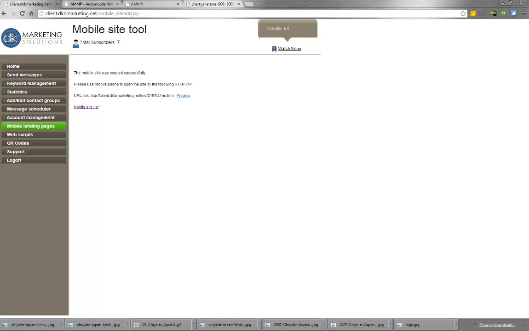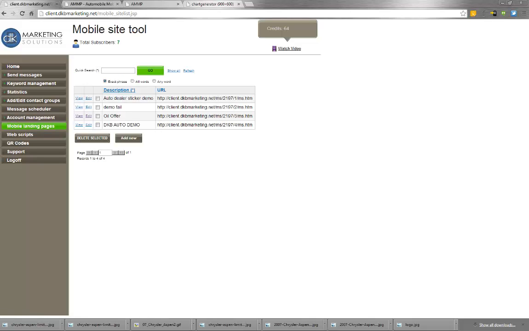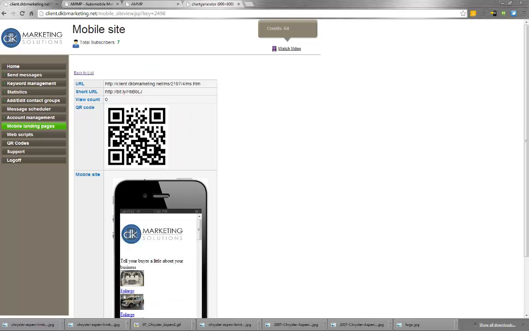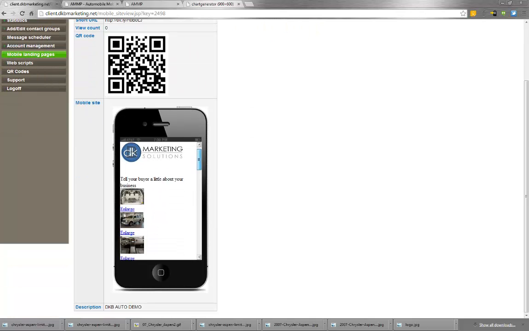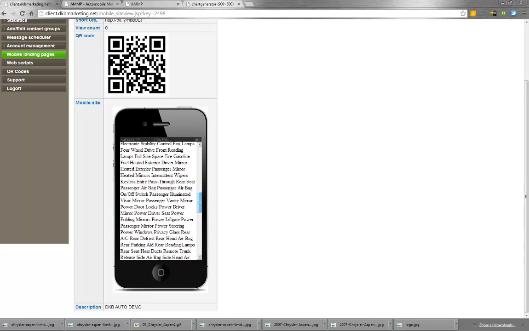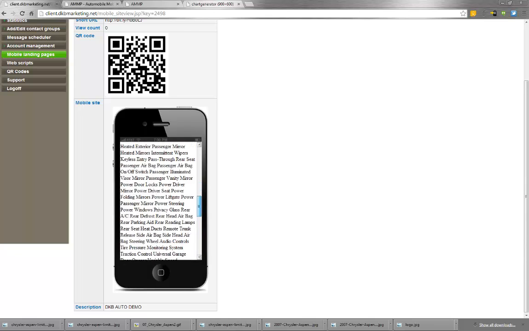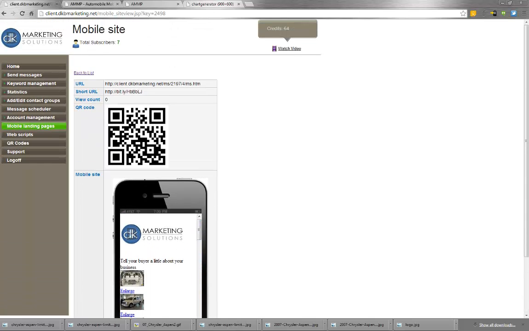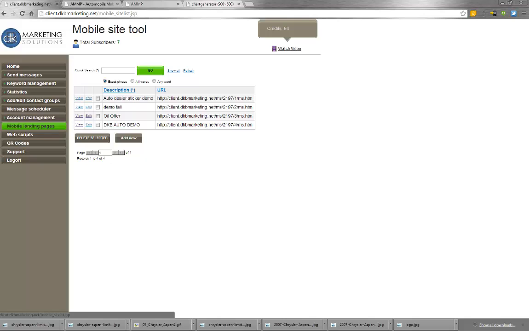At this time, the system gives us a long tracking URL, or we can go back to our landing pages, and here's the one we just created. If I click View, here we have an emulator, so you can see what that mobile website is going to look like on the device. Up here, it creates a QR barcode. It also gives you a tracking link so that you can track how many times that mobile website has been clicked. So if you're using it for flyer purposes,